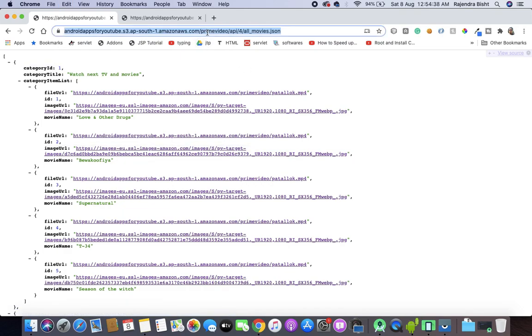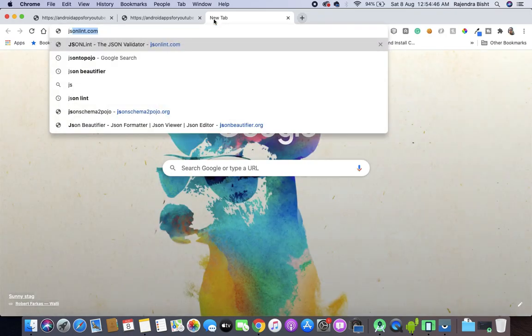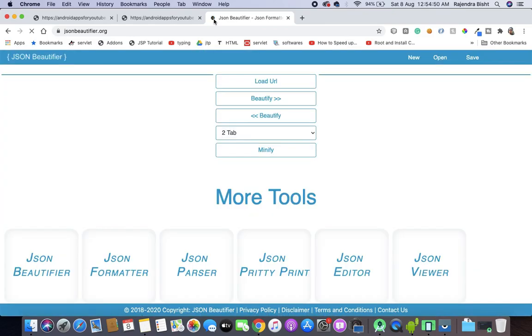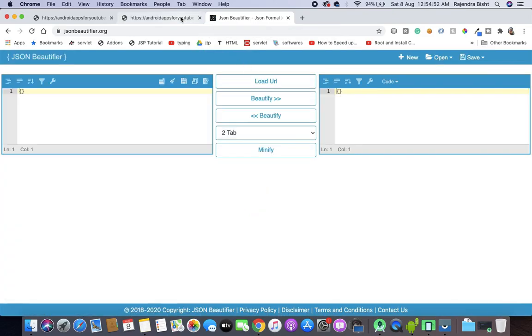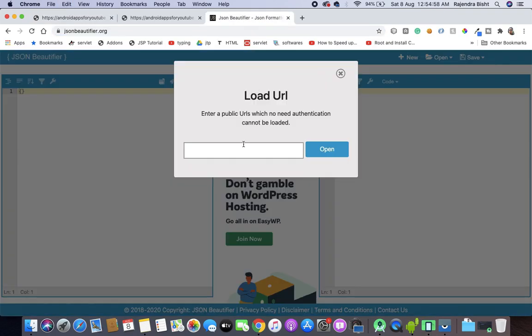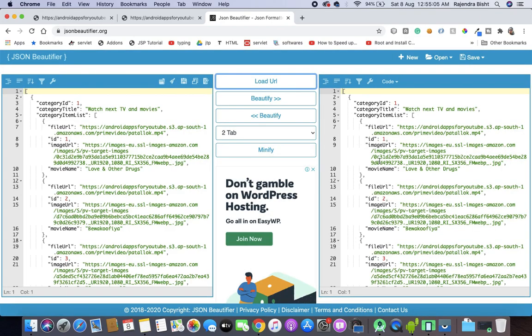First of all, I will create a model class for this. So just go to the JSON beautifier, and here I will load my URL. So this is our JSON data.